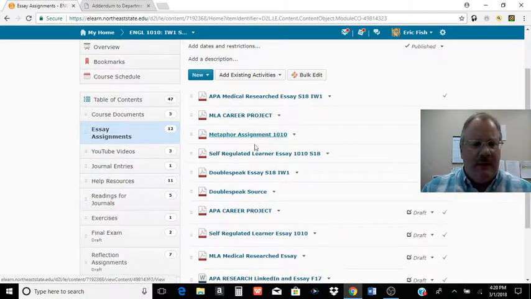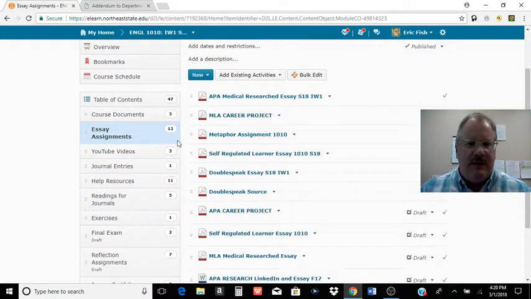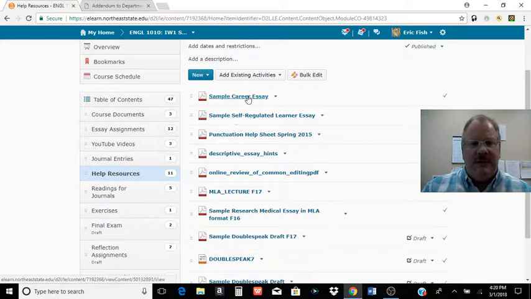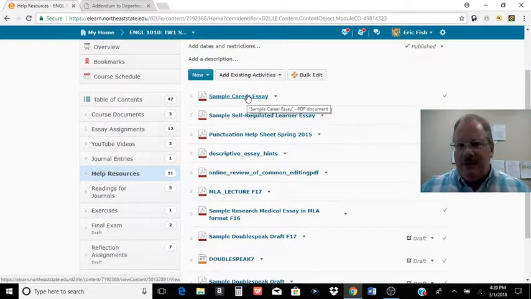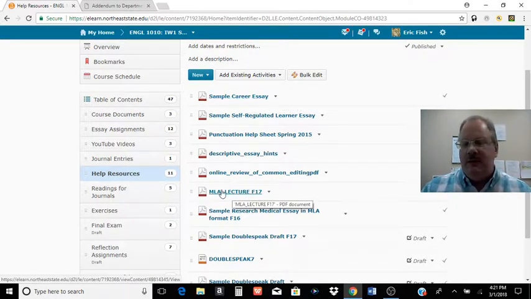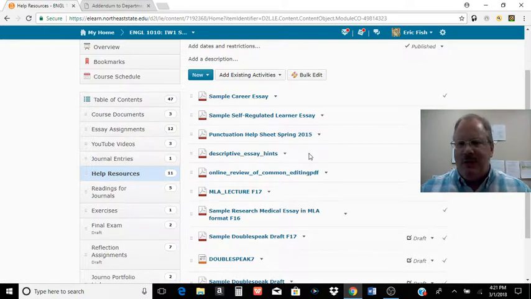One other thing, as you're revising these career essays, don't forget to go back to the help resources page and look at that sample career essay. Notice how she's summarizing and paraphrasing properly, offsetting the long quotes, using quote marks around the short quotes. If some of that got you a little confused, make sure you look at that sample essay. If you want to, you can read through that MLA lecture down here. It's not the most thrilling thing you'll ever read, but it goes back over the basics.